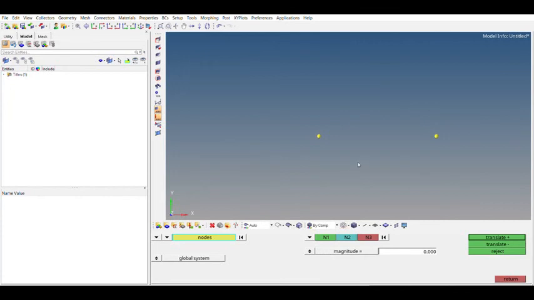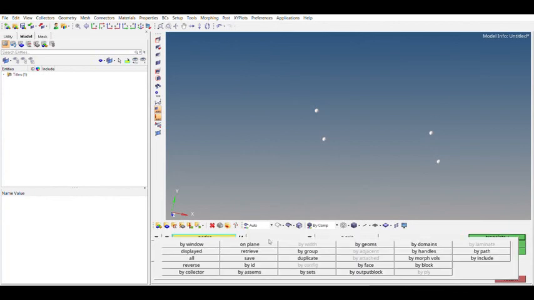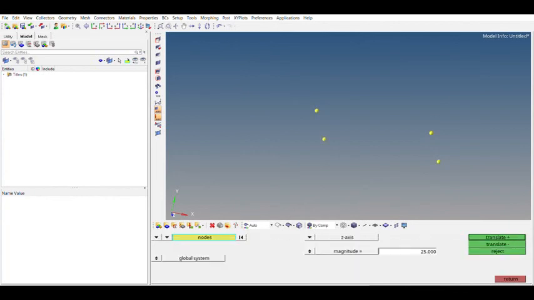By duplicating, we can duplicate the nodes and provide the z-axis, translating it by 25 millimeters. Now I can see that these nodes are duplicated at a 25 millimeter distance. Now selecting all the nodes, duplicating them, and translating along the y-axis by 25. So now I have all the nodes for the cube.